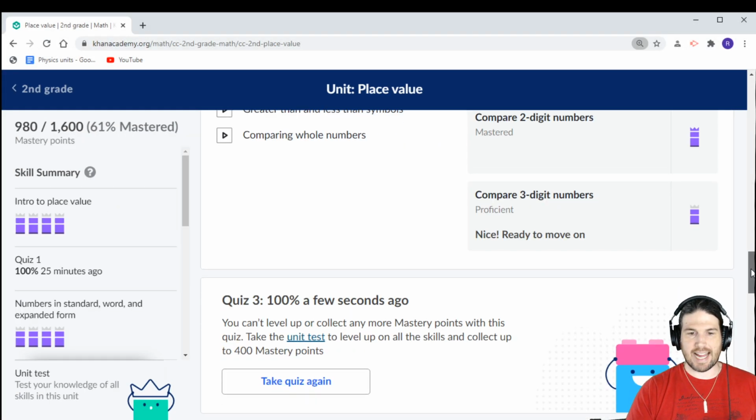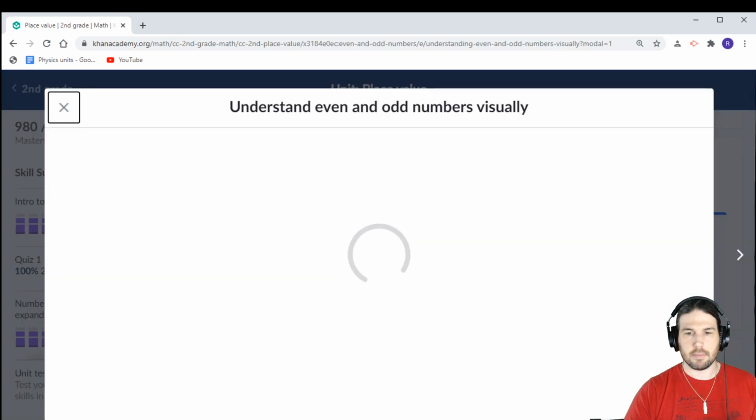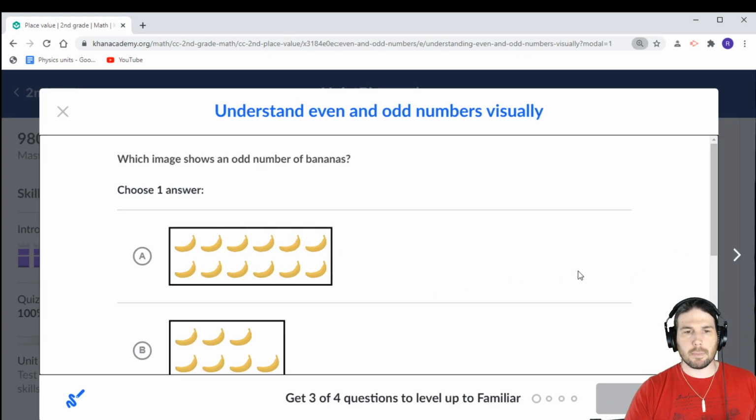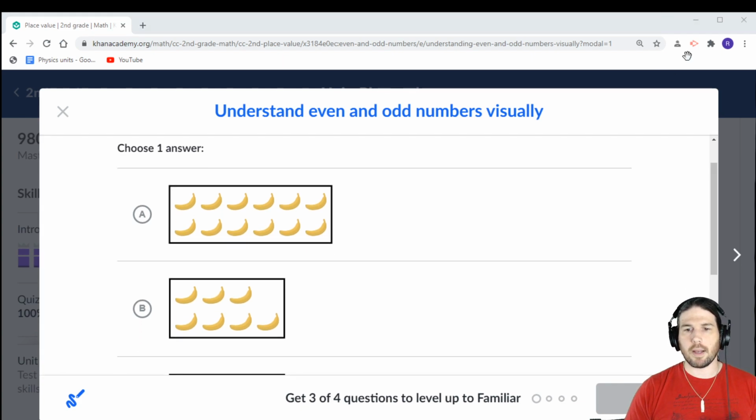All right, what's next? Even and odd numbers. So, the idea of even and odd numbers. How do I want to explain this early on? Basically, in order for a number to be even,